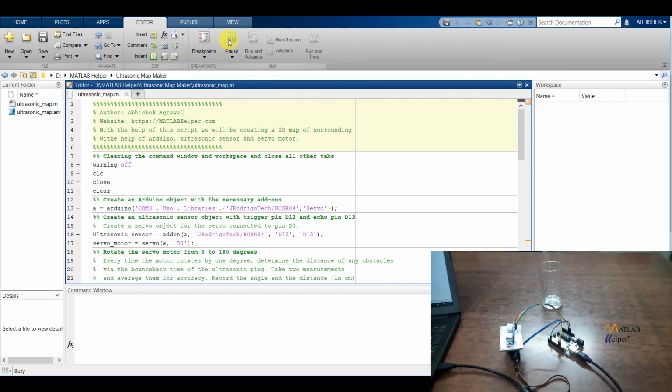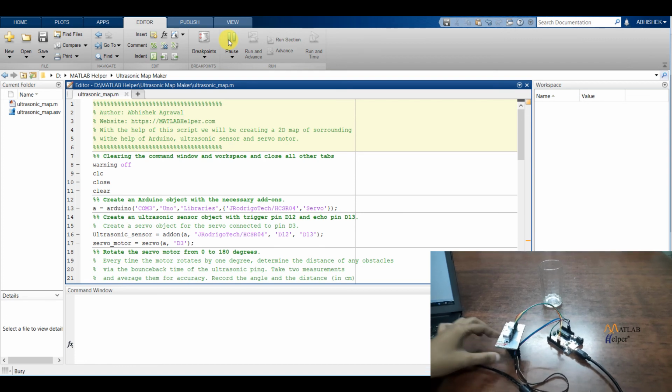And as you can see, the servo is rotating and the ultrasonic sensor is rotating.